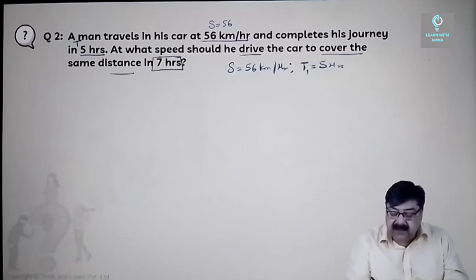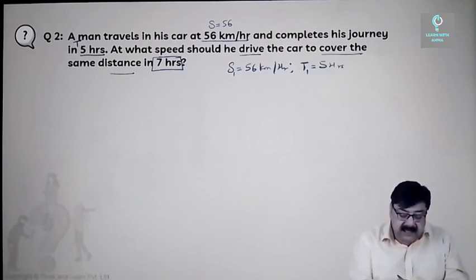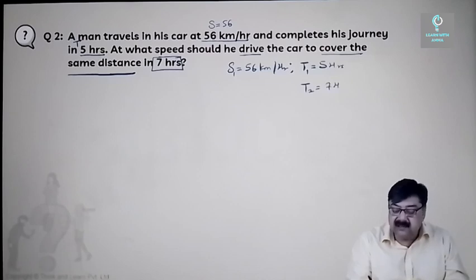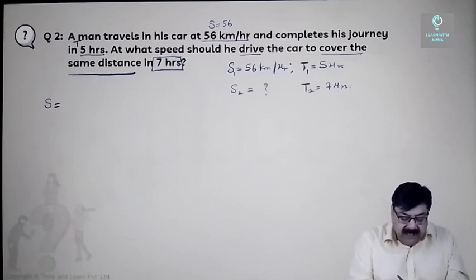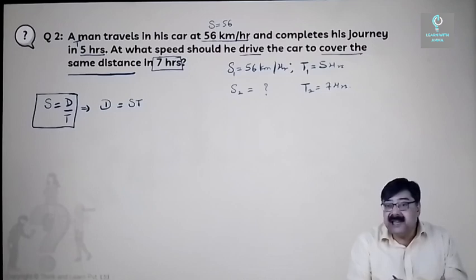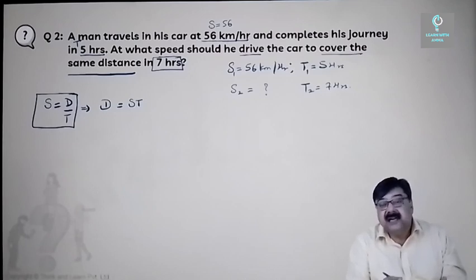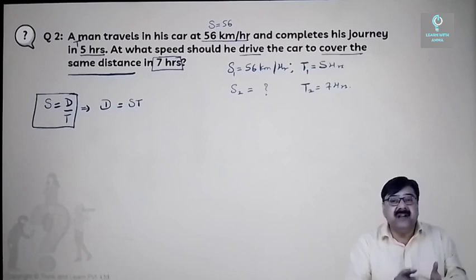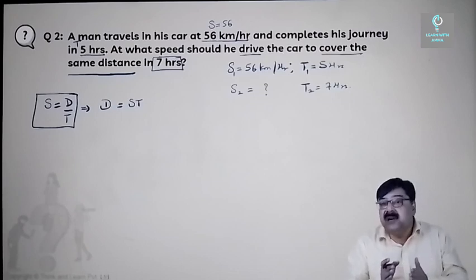So let us say this is T1. Initially, at this speed, the man is taking 5 hours to cover a particular distance. Now he's saying the same distance now needs to be covered in 7 hours. Now in such a case, what shall be the speed? Now we know that speed equals distance by time, and from this basic formula, we also know that distance is speed into time. So the distance here in either of the cases, that is the first case when this distance is covered in 5 hours, and the second case when the distance is covered in 7 hours,